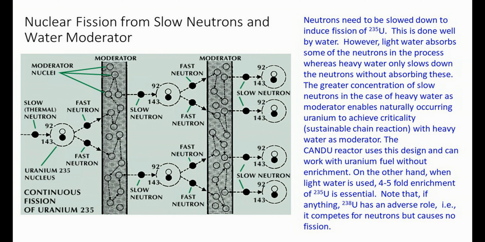Okay, so it slows it down, right, so that it can be again captured by another uranium 235. Okay, so that's how the multiplication is happening. You can see from 1 you have now done 2, then you increase it to 4. Okay, and that's how every time it's doing this, it is multiplying the number of fissions that you're carrying out